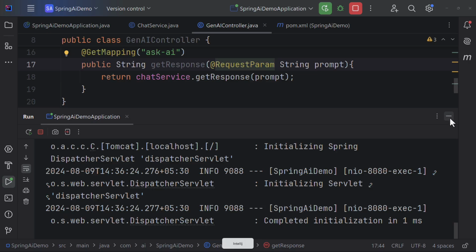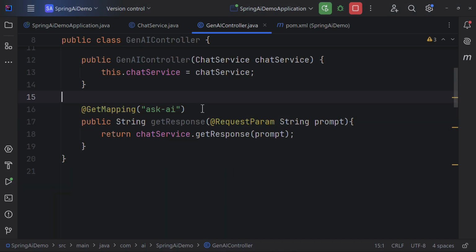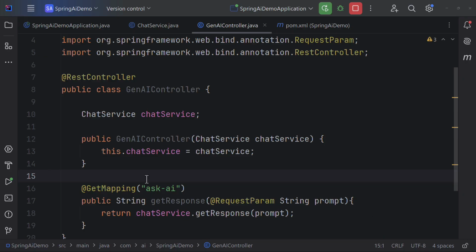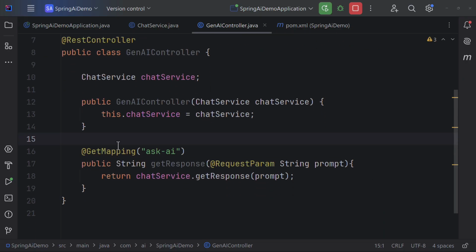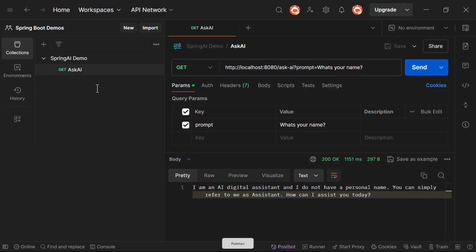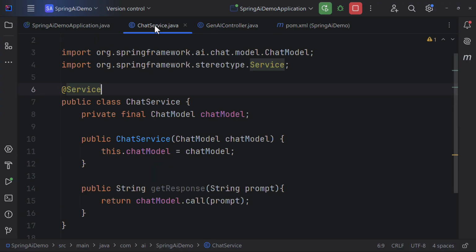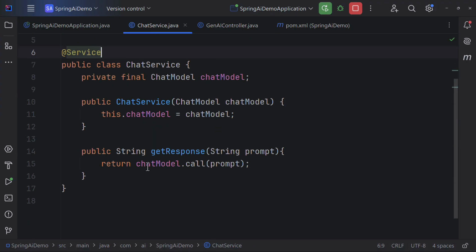All right, so I hope you have been able to follow along, and I hope this has been useful. So now we have a simple API up and running where we get a taste of how we can integrate OpenAI with our application. Okay, so what is happening is whenever you are querying this particular endpoint, this prompt is taken over here, and it's being intercepted by the controller. From the controller, it goes to the service, and what the service is doing is it is making use of chat